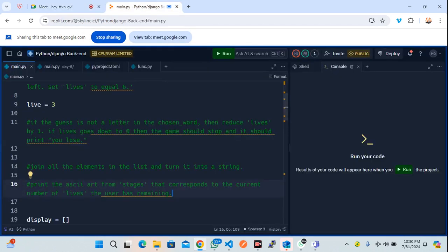Okay, so this variable life we use to store the life of the user. So let's start implementing. What are we going to implement now? So what we are going to do is to get to